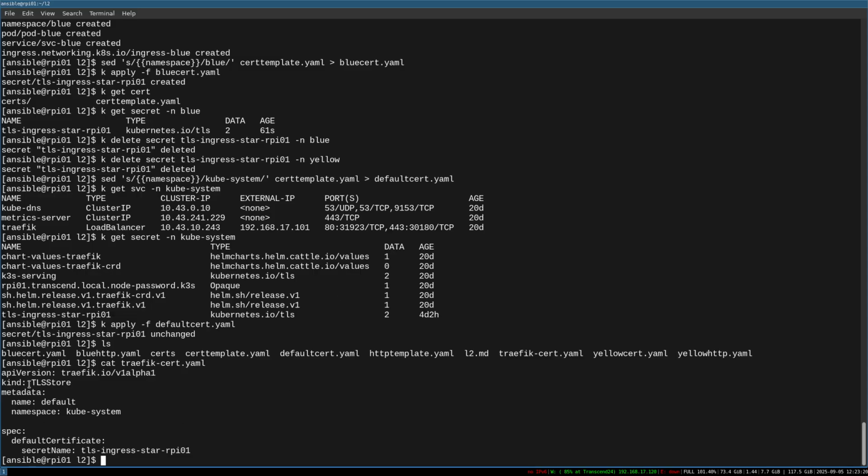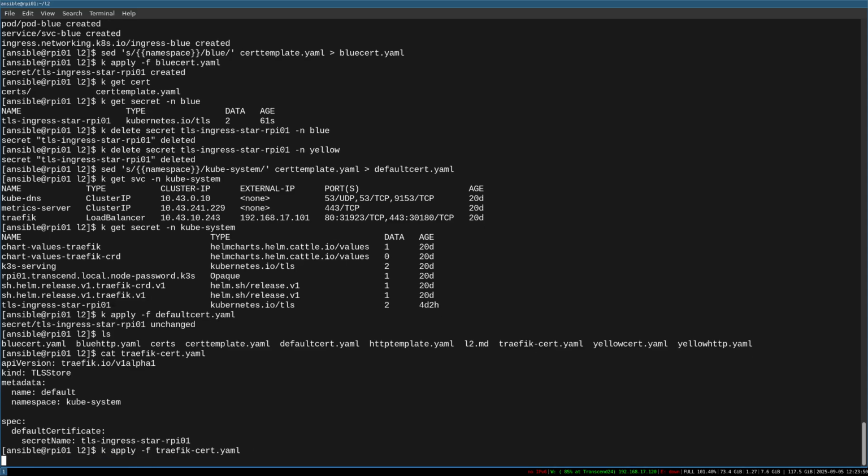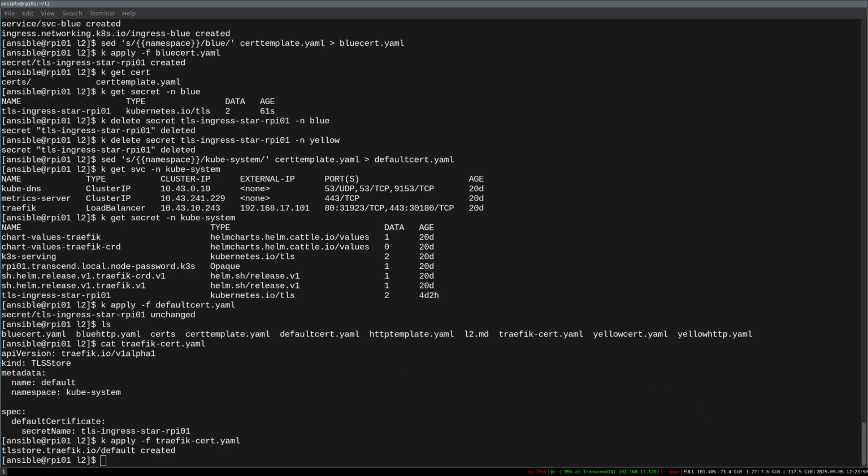What we need to do is create the TLS store, and we are going to put this secret inside the default TLS. Right, so K apply minus f traefik cert. Okay, once that is done,